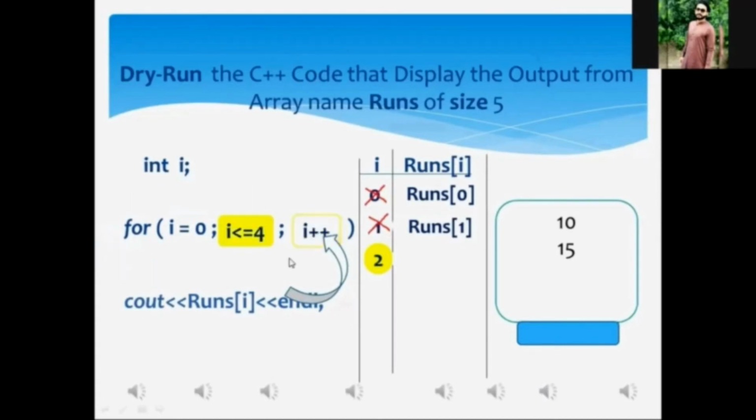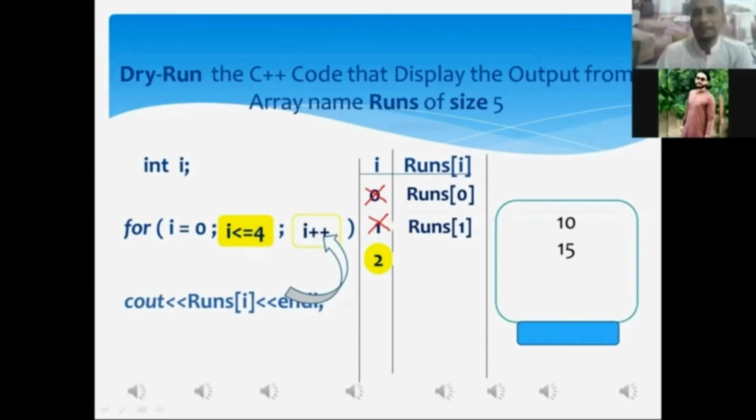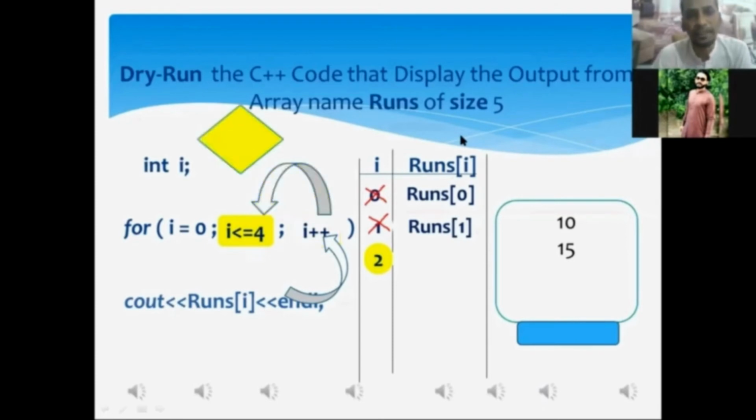Did you get it? Yes, sir. Mr. Aftab, as we know, the current value of I is 2. When we place the current value of I, that is 2, in the condition, it becomes 2 is less than or equal to 4, just like it is being shown on the screen in the diamond box.